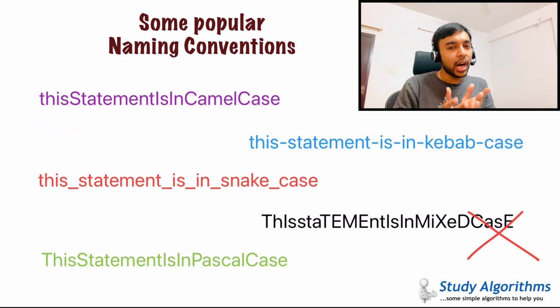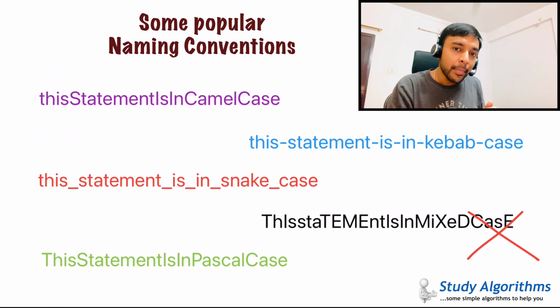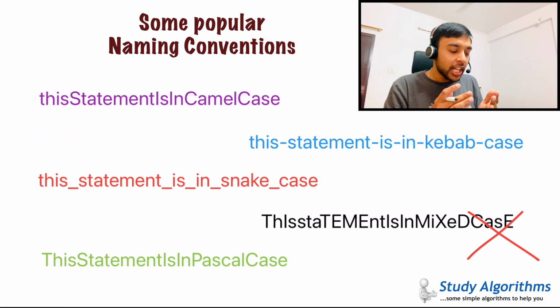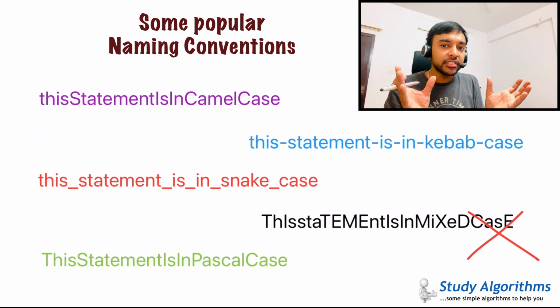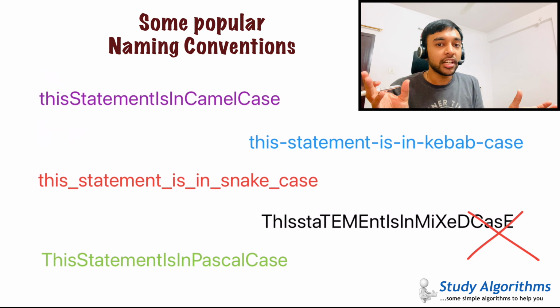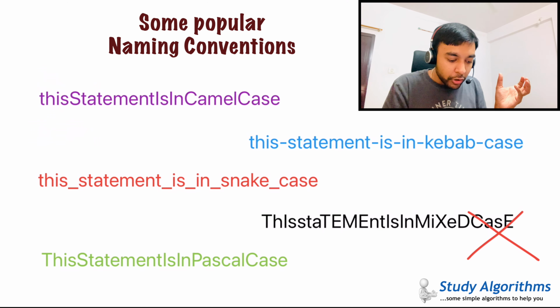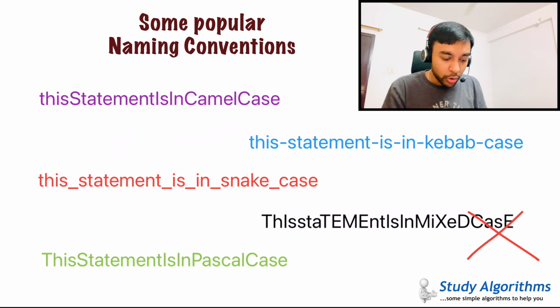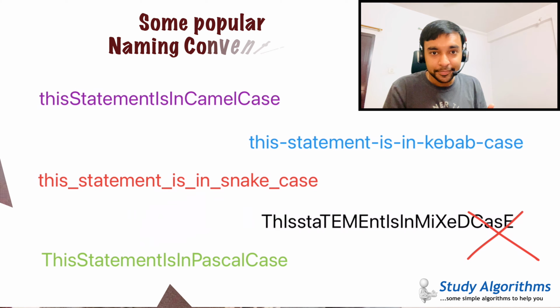Now, there is no hard and fast rule about which naming convention is good and which naming convention you should ideally use. It is just a matter of practice and a matter of what your fellow programmers are doing. That helps you to maintain some consistency, and it can also help you to recognize visual differences between code of two different languages. For example, a Java code would have a camel case and a Python code would usually have a snake case. I hope I was able to simplify the problem and its solution for you.